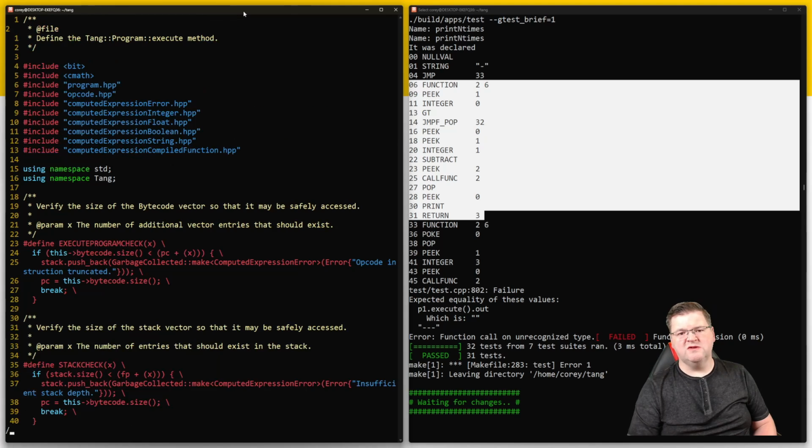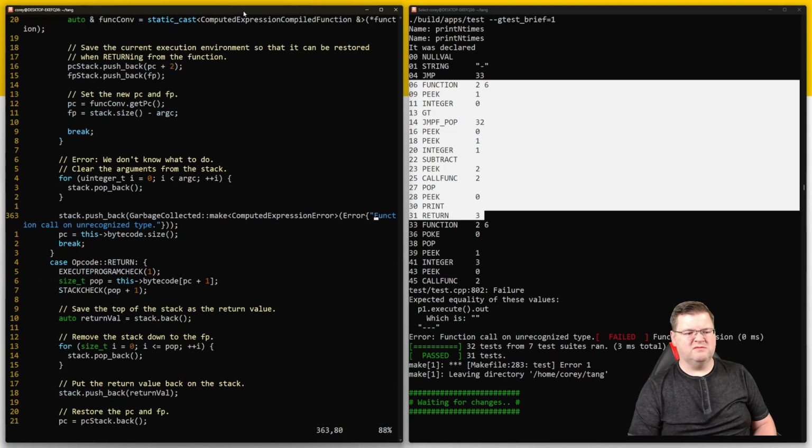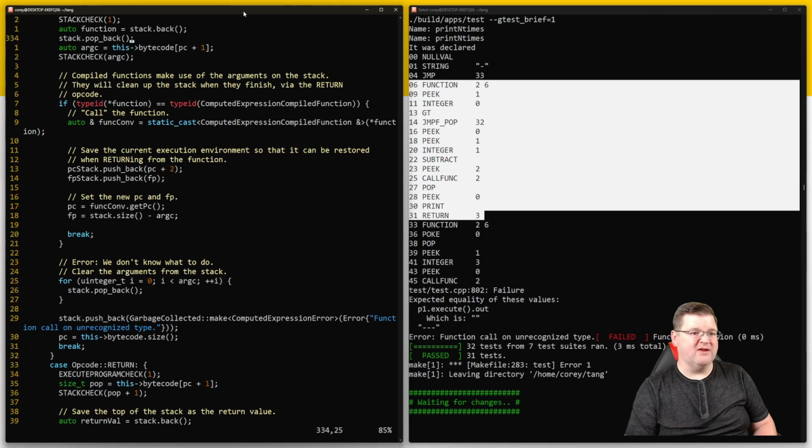And we're going to look for function call on, on unrecognized type. And this is the only place that it exists. So what is the unrecognized type? Star function. So what we're going to do is say cout